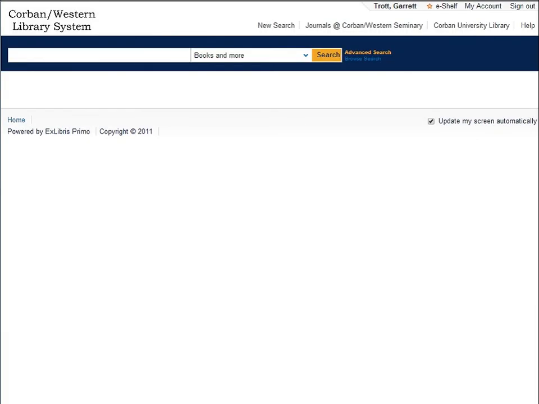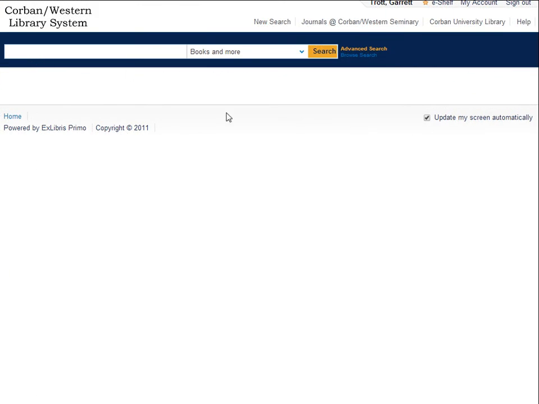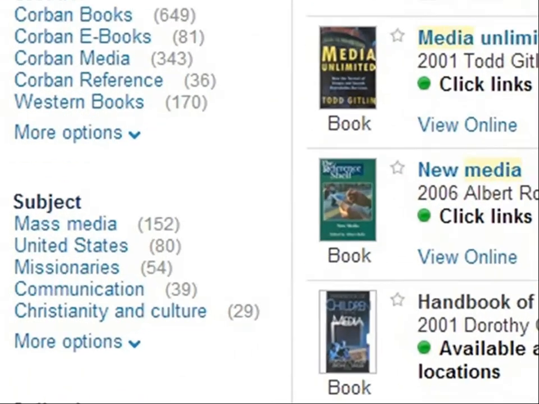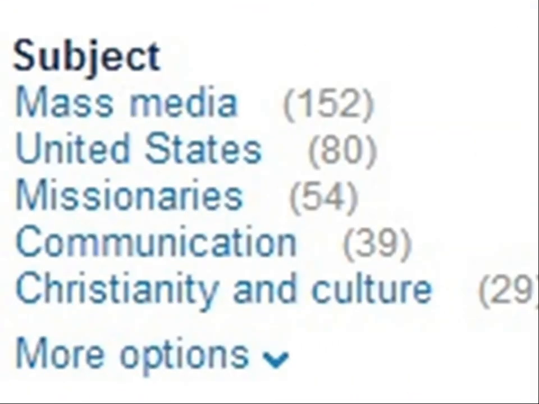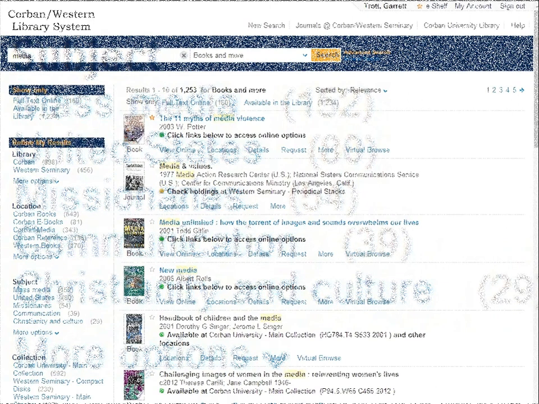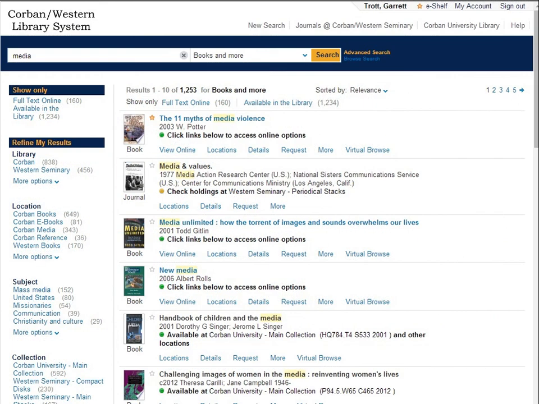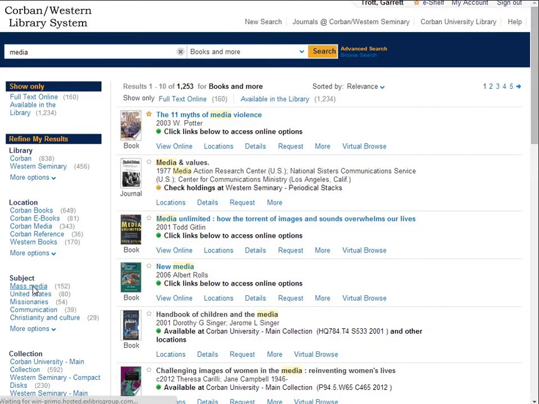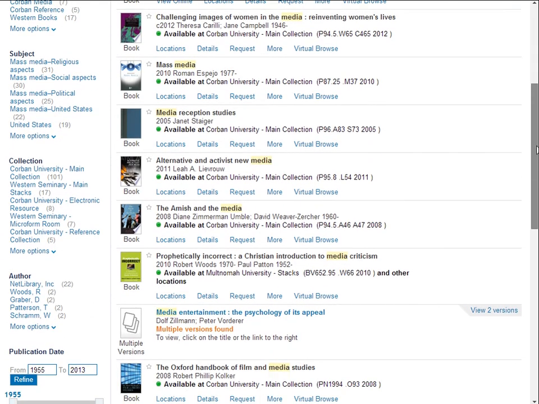If by chance your original search produced too many results to look through, let's look at a few other ways you can narrow down a search. Let's say, for example, I am simply interested in media. When searching just in Corban's collection, I come up with a lot of results. I can narrow those down using the options in the left-hand column. For example, I am probably looking for titles that are under the subject heading of mass media. When CorbanSearch searches, it looks everywhere: the title, the publisher, the author's name, everywhere. When using the subject heading, I can be certain that my book will actually be on the topic of mass media. That narrows my results down to something a bit more manageable.